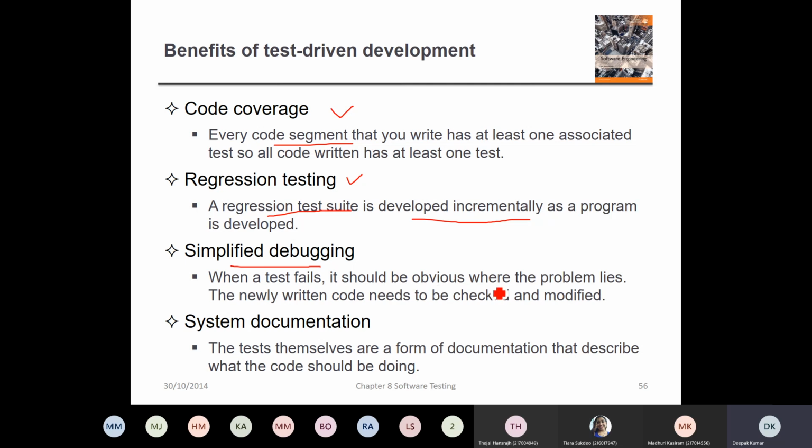So if a test fails, because you have done thorough testing after every single introduction of a line of code, and you only move forward once the test is passed, that means that most probably you will find fewer bugs, and it also makes your debugging easier because the newly written code needs to be checked and modified. Yes, and definitely if you find errors, you will go and change them. So it doesn't allow you to move forward without checking you at every step that you take